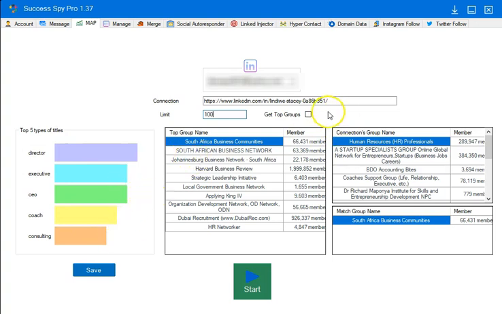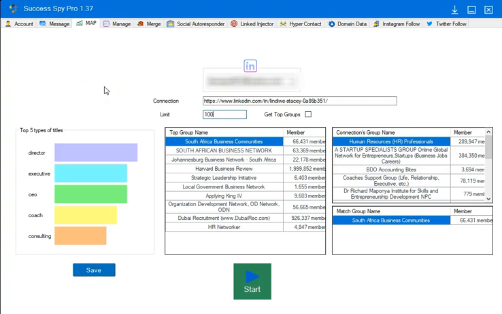Now, here's another cool little feature. If you are working with a client and you say, look, I'll connect to a couple of your competitors, or I will connect to a few people that you want to emulate, then they send you a few links, or you just come up with them yourself, and you pop this information in here. What you can do then is save this information down here in a CSV file, and it will pull in what these top 5 are, and the top group names, connections name, and all this information,